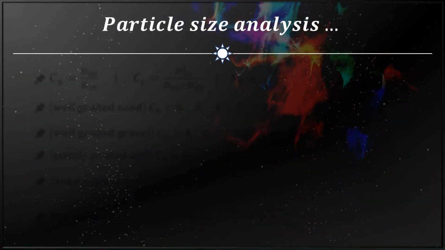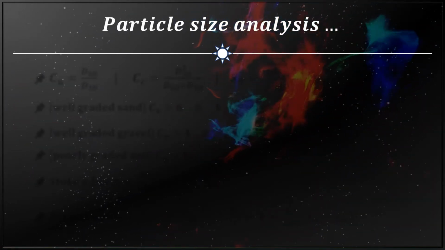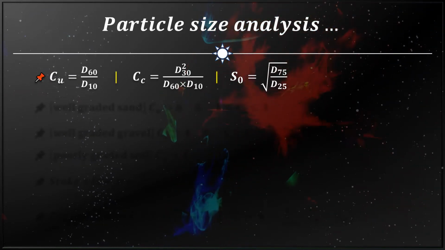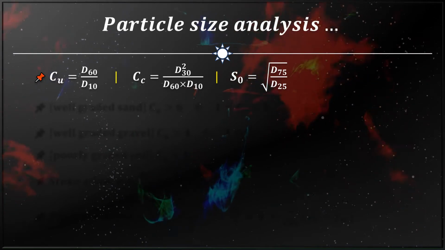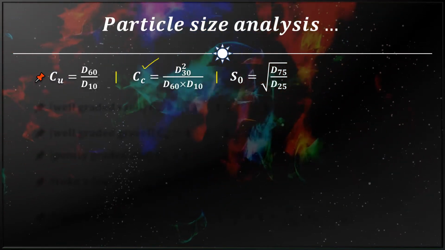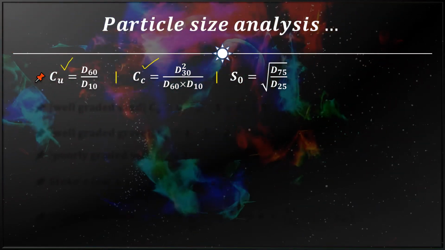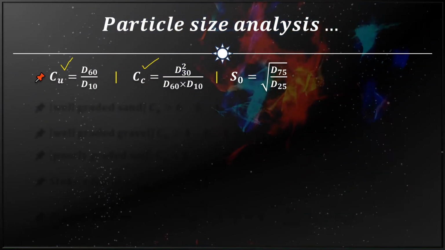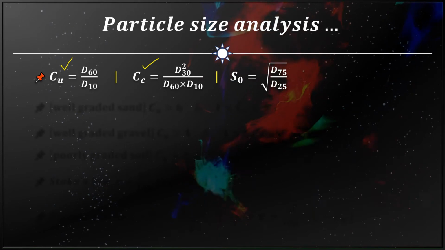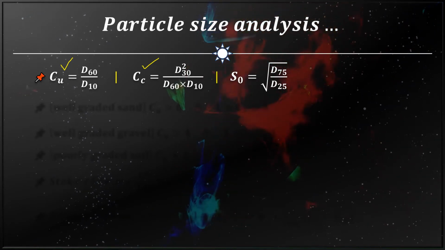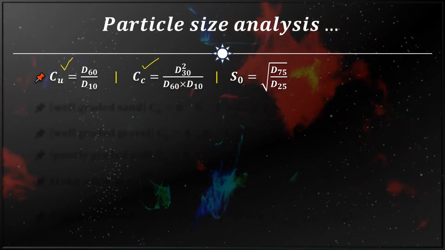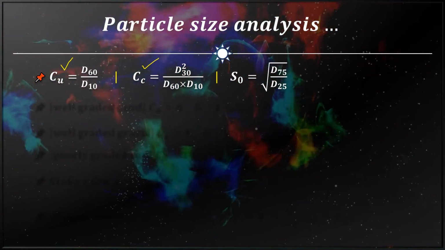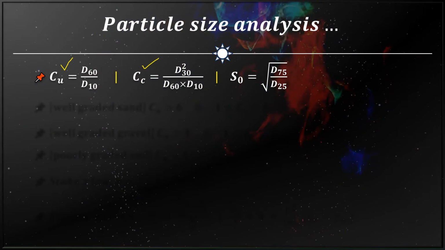And now we shall see some formulas regarding particle size analysis. So the first and most important formulas are the uniformity coefficient and coefficient of curvature. So uniformity coefficient Cu is equal to the ratio of D60 to D10. And what is D60? D60 is the size below which 60% of particles are finer than this size by weight, or simply we can say